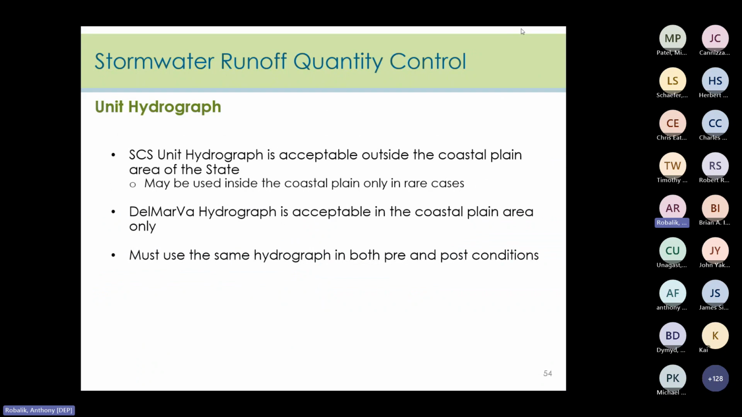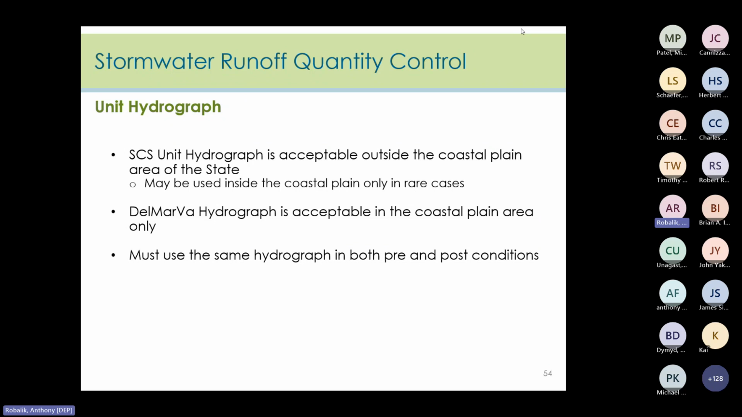Okay, so now we'll continue on with unit hydrographs. So we have the two types of hydrograph. We have the SCS hydrograph and the Delmarva hydrograph. And when reviewing NRCS method calculations, the SCS unit hydrograph should only be used outside the coastal plain area of the